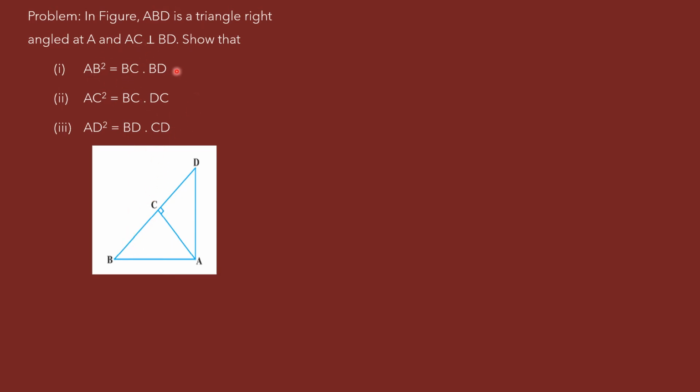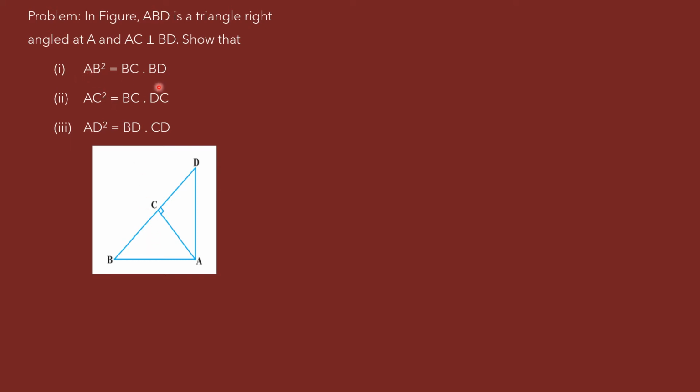Now to prove these equations, you can see there is a square on one side, and on the other side we don't have any square. Therefore, there is a need to use the result we learnt under the heading Pythagoras theorem. If both sides have squares, we'll use Pythagoras theorem. But here there is a square only on one side. That's why we can use that result. To use that result, by drawing AC perpendicular to BD, the hypotenuse, we have two small triangles. Now the two small triangles are similar to each other and each is similar to the large triangle.